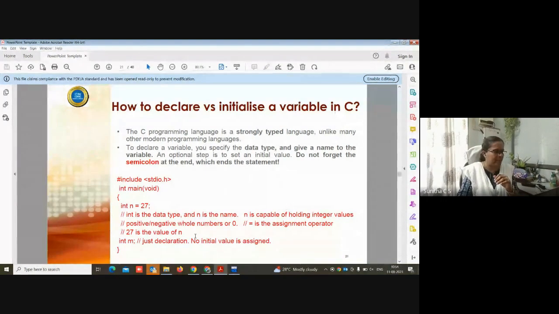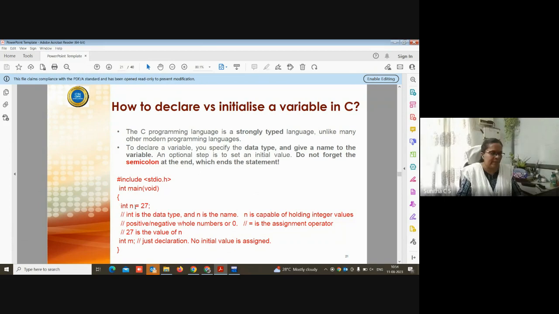To declare a variable, you specify the data type and give the name of the variable, and it's an optional step to initialize it. If you want to initialize it, you can. And do not forget a semicolon at the end. After giving equal to and the value, you have to give a semicolon, which is the end of every statement of a Java or C program.